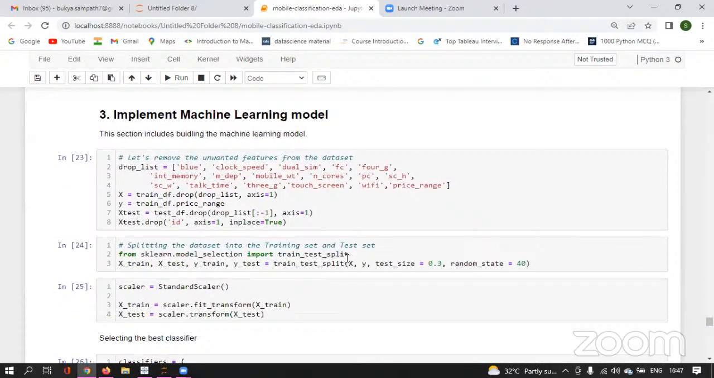So here, whatever data frames I'm taking, I take only the important features. Let's remove unwanted features. I'm simply dropping them. This drop list has all the features that are not required for me. So I'm simply dropping it and